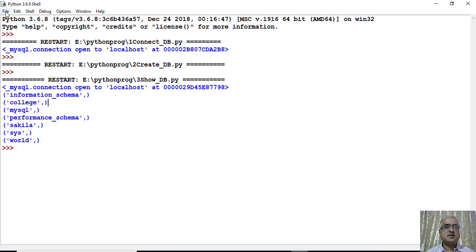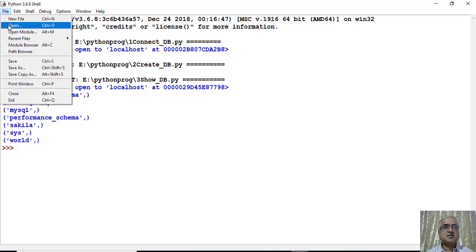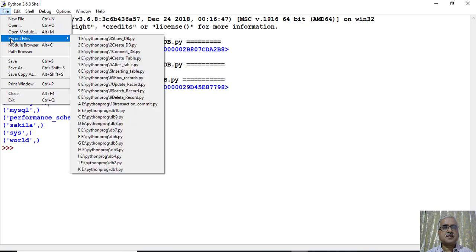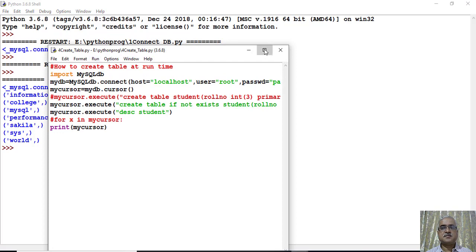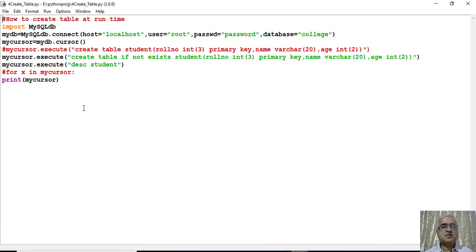Now we'll create our own table in that particular database college. To enter into the database college, we have to pass four arguments to the connect function.